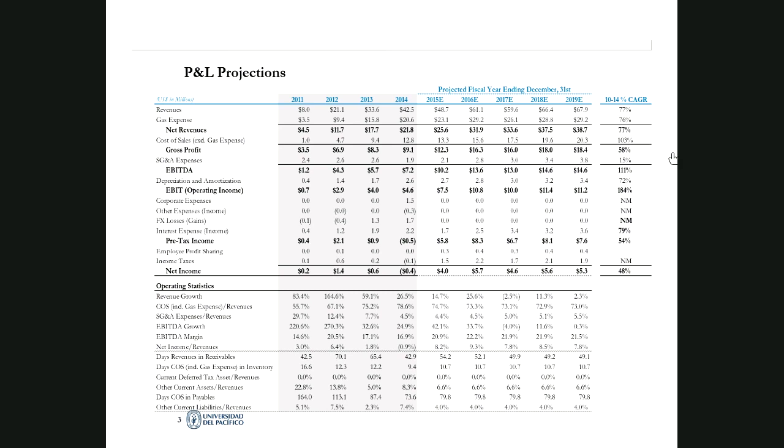Okay, so here, for example, in this slide, we had historical figures from 2011 to 2014. These are all historical figures: revenues, expense, net revenues, cost of sales, gross profit, SG&A, EBITDA. We could stop at EBITDA really, but here we have all the way down to net income, okay? Obviously, there is a lot of detail behind these revenues because you have to have your